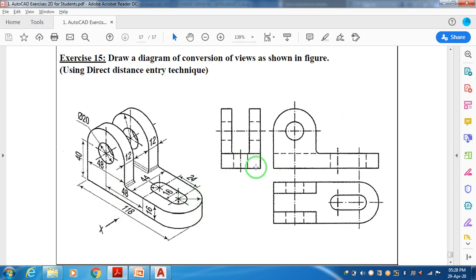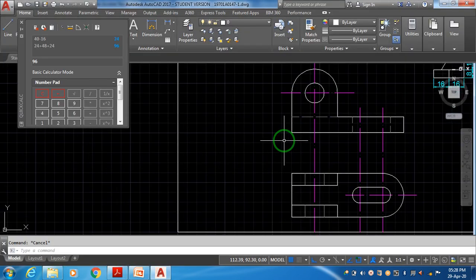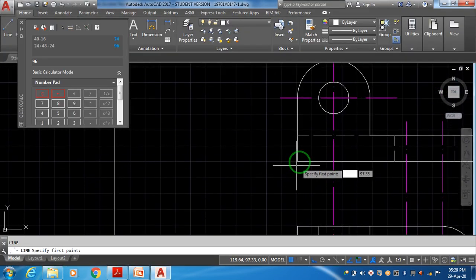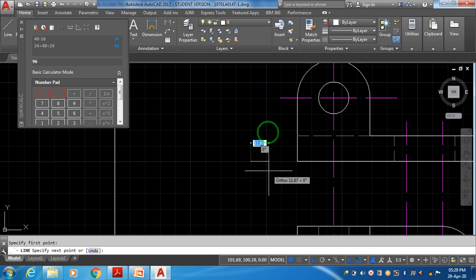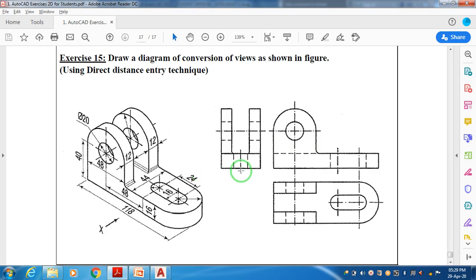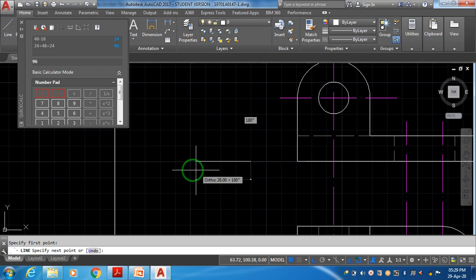Length is 44, height is 16, box. Now from here again a rectangle, vertical web. From here the total height, you can match from the front view when you start from here, but with this it's only 12. See, let's start here. Beside that I am supposed to draw, I'm just tracking the distance somewhere. I'm starting this. Now what is the total length here? Total length is 44. 44 towards left.